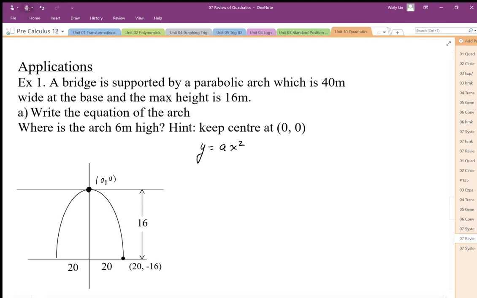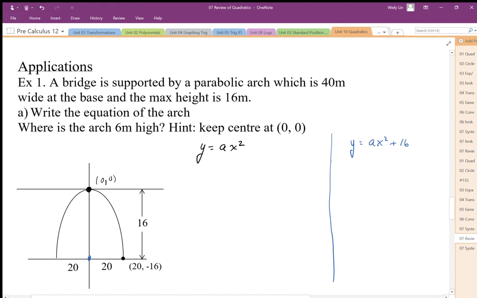Alternatively, it could be set up in this way. I'm just going to do it in parallel over here. We could set this up so that the base represents the origin. Then we end up with y equals ax squared plus 16, which shows that the parabola has its vertex 16 up from the axes. So there are two ways to do this. Either way is fine. I prefer not worrying about that plus 16 and doing this as an